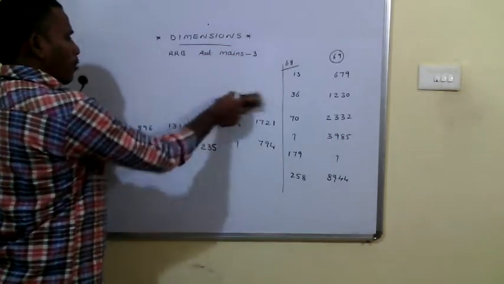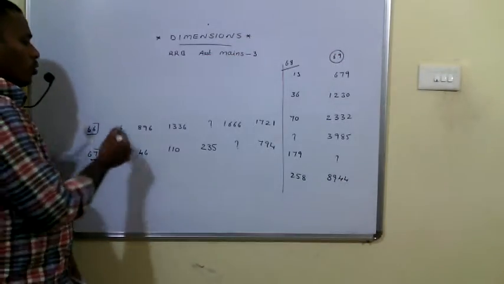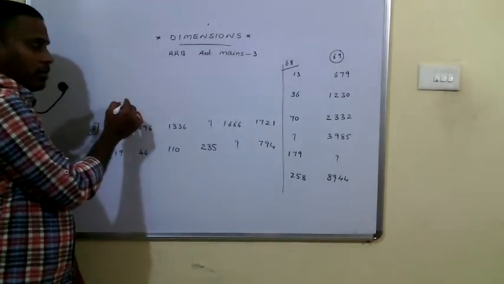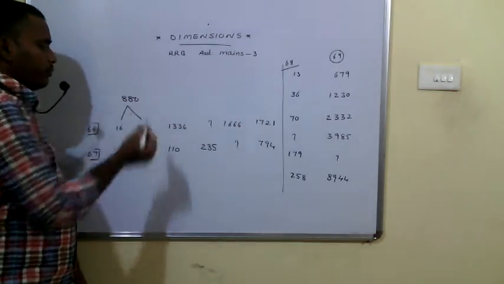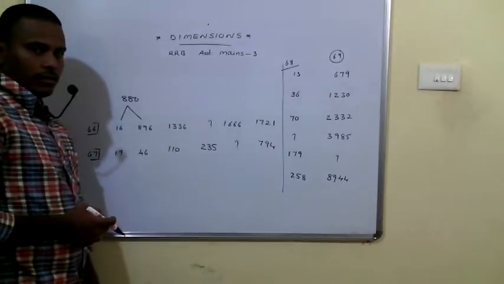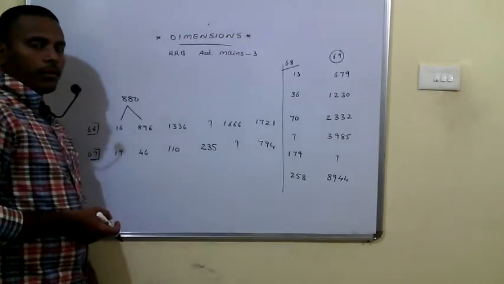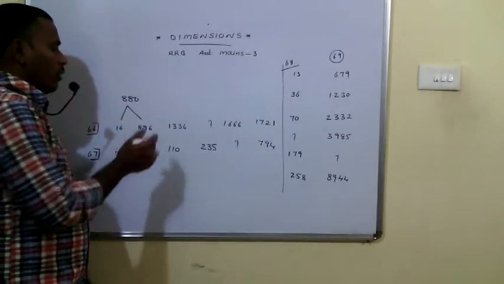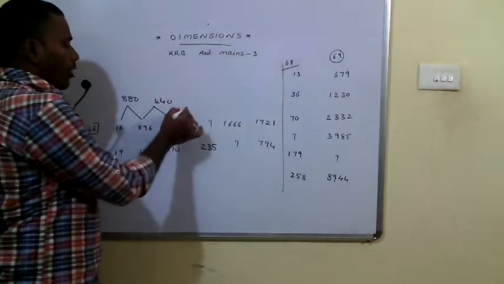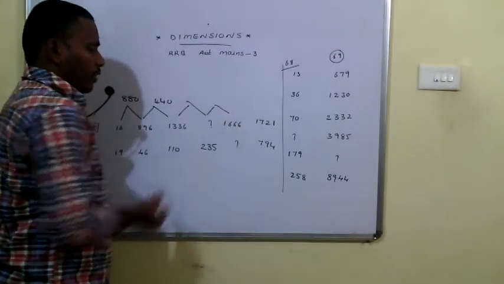Then coming to the next problem. So observe the differences. The difference between 16 and 896 is 880. And then the difference between 896 and 1336. If you add 40, that becomes 936 and then 400. So that will be 440 is the difference. We don't know about this difference as well as this difference.